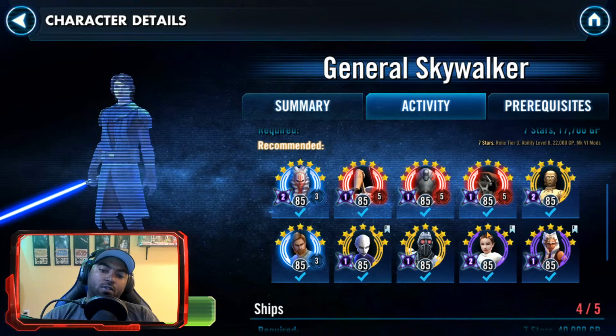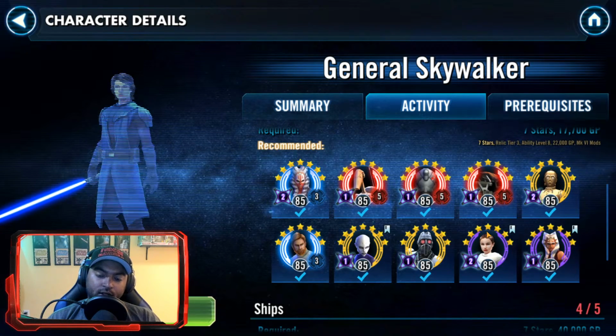I hope you guys are ready for this to come around. I hope you're ready. I still want to get Snips to at least gear 12. We're gonna eventually want to take her to relics for Padme along with Padme, but this feels so good